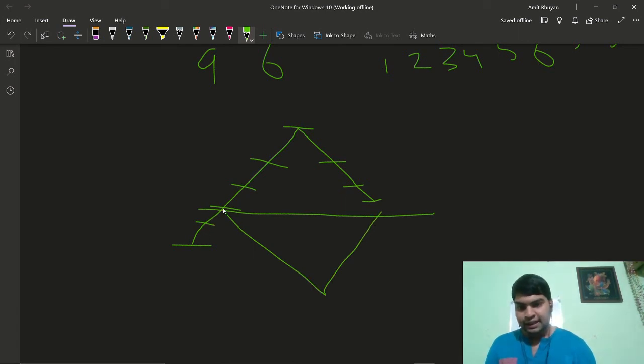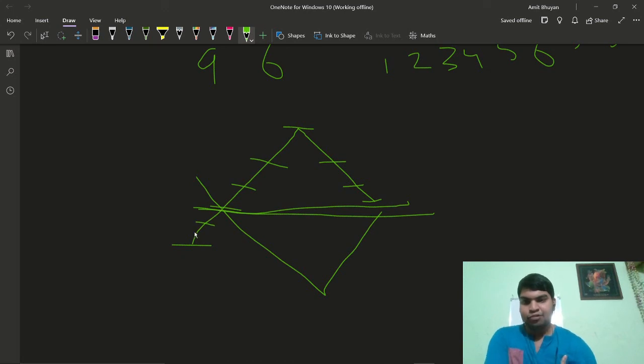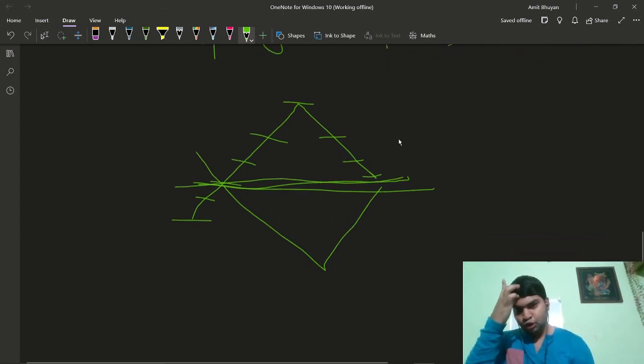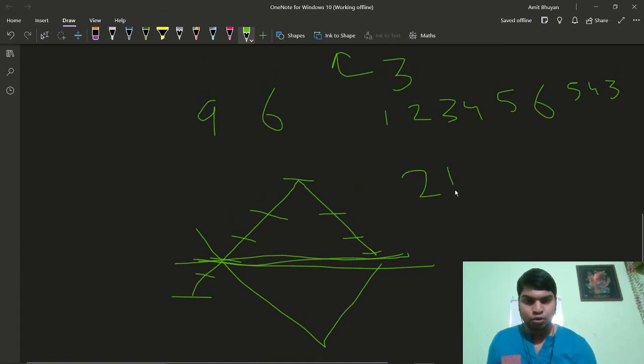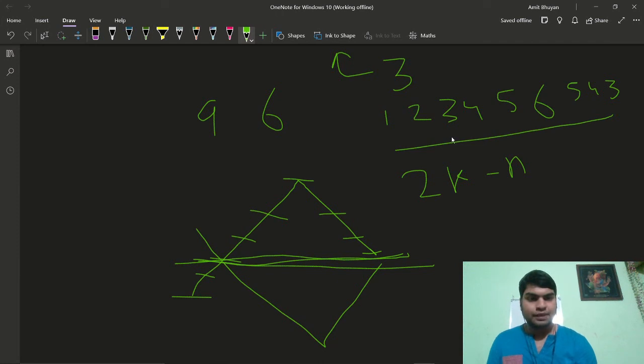And see, if we just revert the whole hill, then we will get more inversions. So this is not a good idea. So we'll just take the mirror image of the same levels, because otherwise this level will get reverted back and we'll get more inversions. So we'll just have to revert the part which has the same levels. We will revert the part till 2k minus n. See, 2k minus n. What is n here? We have n equal to 9 here. Now 2k is 12, so 12 minus 9, which is equal to 3. So we are reverting this part.